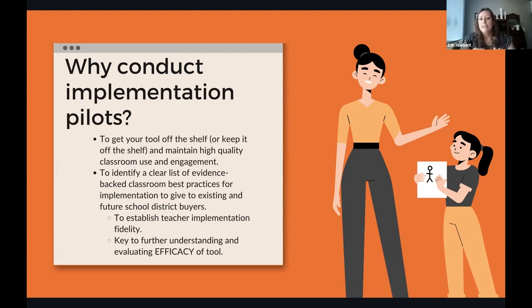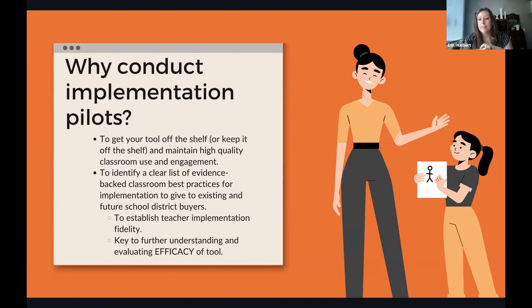So what we're really looking to get to is that teacher fidelity. We want all teachers using it more or less the same way. I mean, obviously there'll be some variation, but we're looking for how it is that teachers can use it more or less with fidelity with their students. Because the other important part of this is setting you up for a more effective efficacy study, so that when you have teachers using it the same way, and then ideally you're having students use it the same way, then you can start to understand what is the impact my tool is having on the outcomes that you care about.